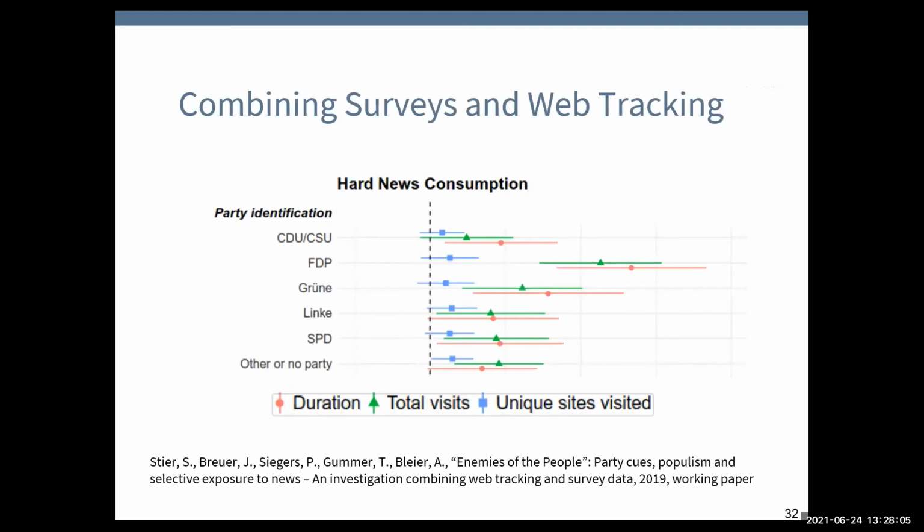So this is an example of combining traditional survey data and data from a web tracking tool. So web tracking means that people consent to install a little browser plugin, so a feature in their computer or mobile phone browser that will track their online behavior, meaning it tracks which websites you go to, how long you stay on them, and how often you access these websites, for example. This data is captured and stored based on also informed consent.